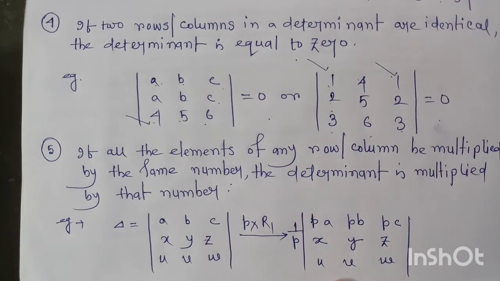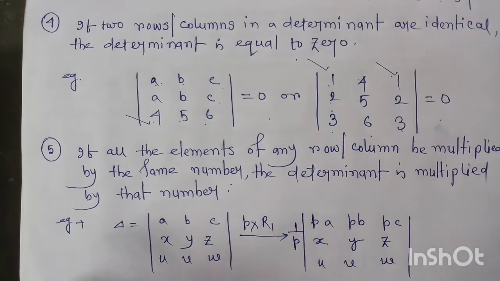Okay. Understood? No? In a determinant, we can take a common factor separately from a row or column. We can multiply by a scalar in a row or in a column. We can add or subtract any two rows or any two columns. Okay, so up to this, these are some properties. Okay, you study at home. Next class again I will discuss some properties.